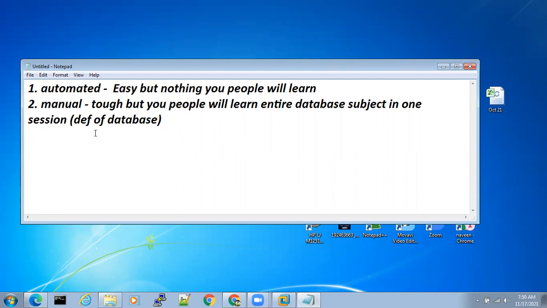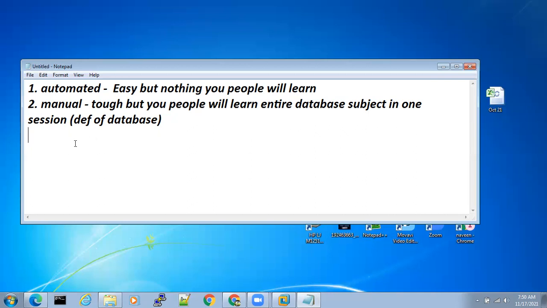But at the time of creating a database, read with your mouth. Don't simply keep silent and create a database. Whenever you are typing, read with your mouth, then type, and then create a database. You will understand a lot of things.